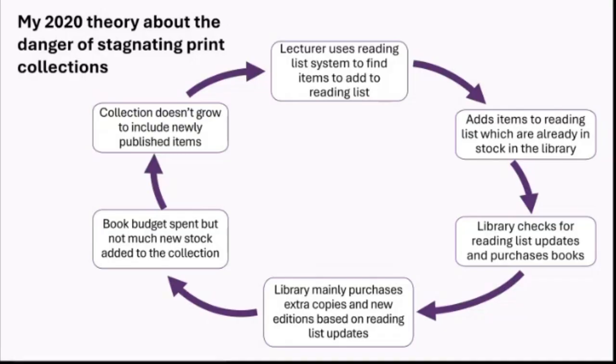The library was mainly spending its money on extra copies and new editions for things on reading lists. And the book budget was not really being used to diversify and develop and enrich the collection. The collection wasn't growing to include newly published items. Now, I'd probably argue that this has changed because of our digital first attitude, the real embracing of